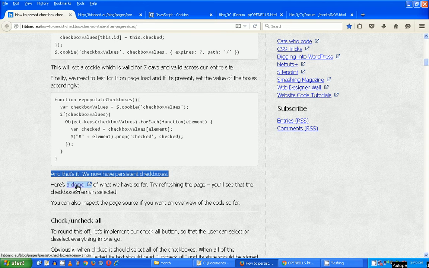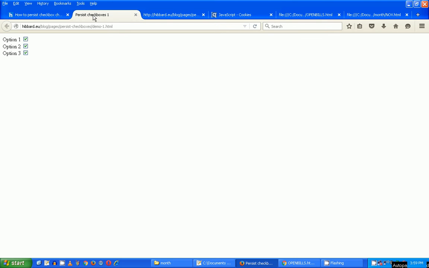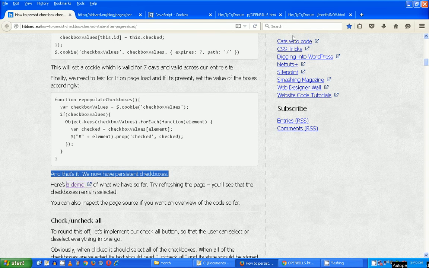And then here again, it says here's a demo of what we have so far. Try refreshing the page and you'll see that the checkboxes remain selected. So I right click, open a new tab. There is our persist checkboxes 1. I'm going to uncheck the middle one. So option 1 and option 3 should stay checked when I get out of here. I'm going to close out of this. I'm going to refresh this page right here